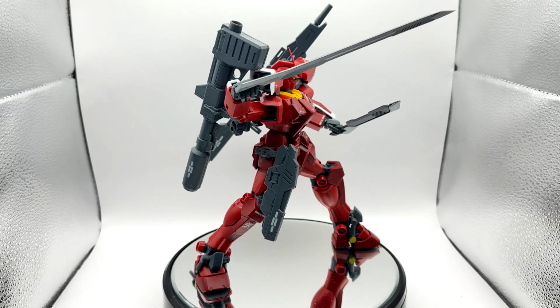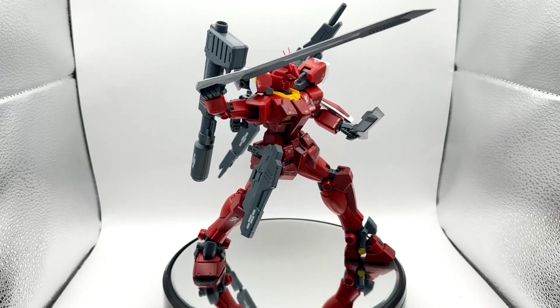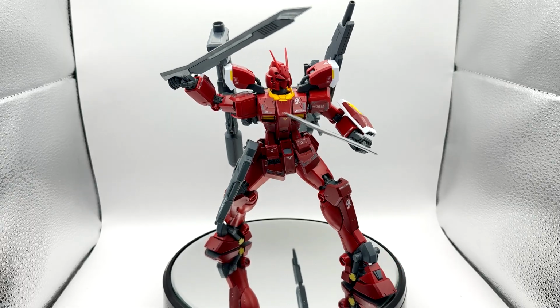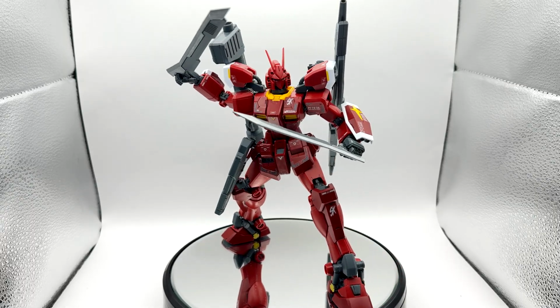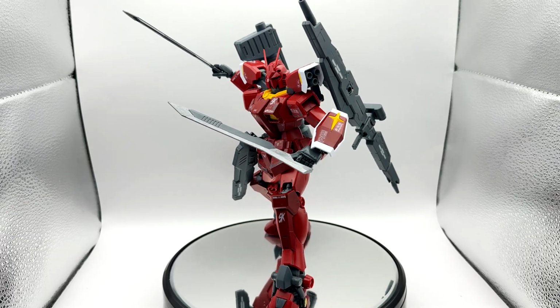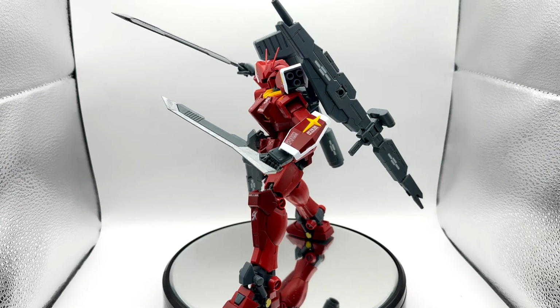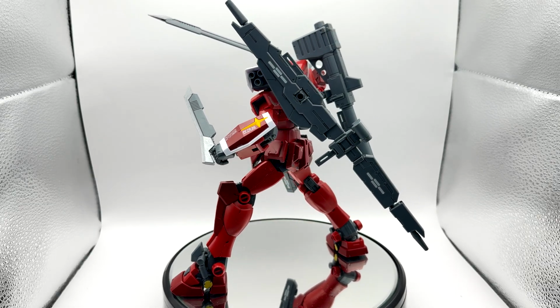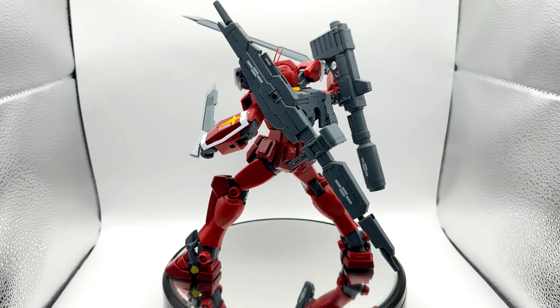What is a slightly bigger deal, especially if you want to have this kit wielding its gun blade, either the short type or the long type, is the injection silver that they use for it is really kind of gross looking. After you snip it with the nubs and everything, you can't really sand it down because it leaves a really ugly black mark there no matter what you do. So your only real recourse is to paint it over,